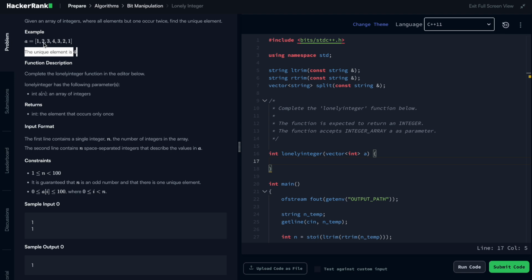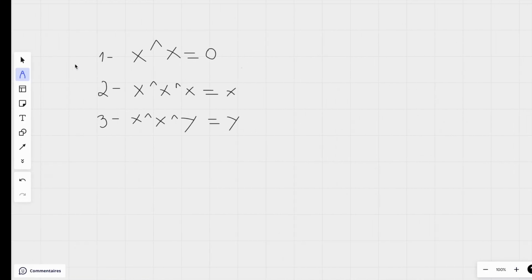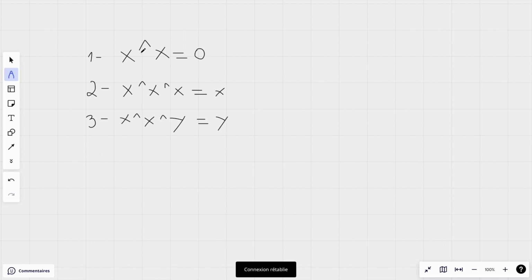Another way is that you can use a hash map where you will store the element with the number of occurrences that the element appears, and at the end you return the element appearing only one time. That is also a nice approach which will give you big O of n, but it's a little bit long to implement. And now the third one, which is the one we are going to implement here, is that we are going to make use of the bit operator,